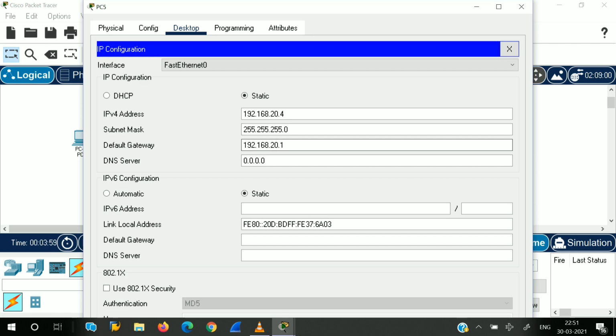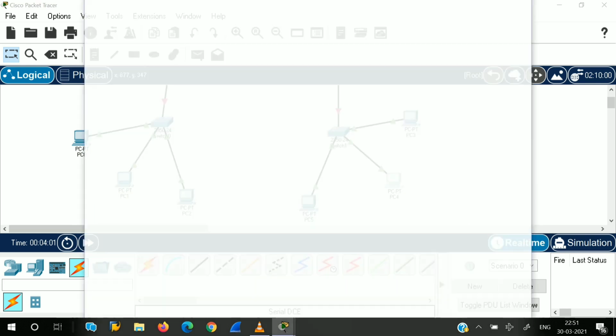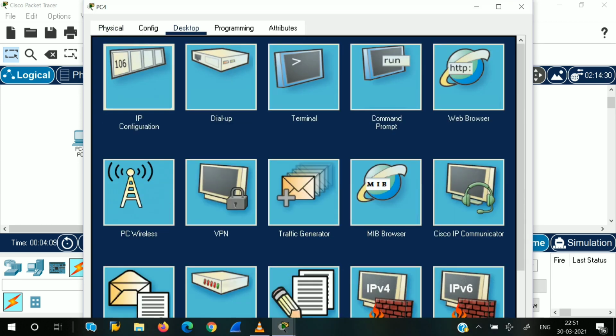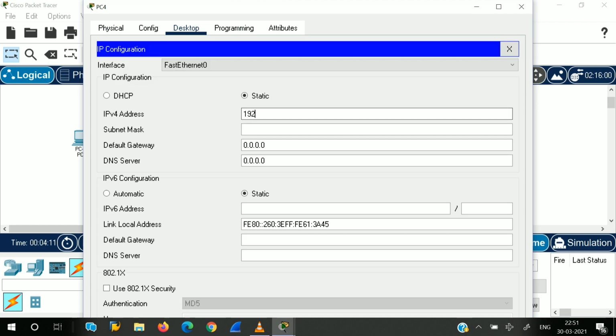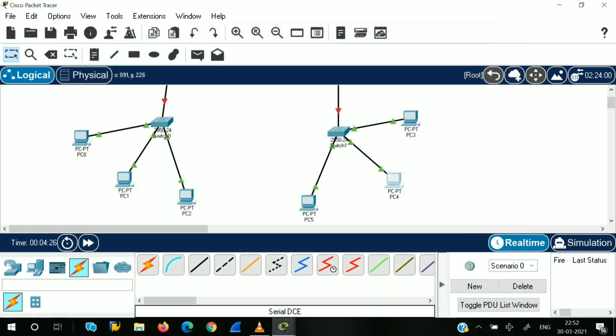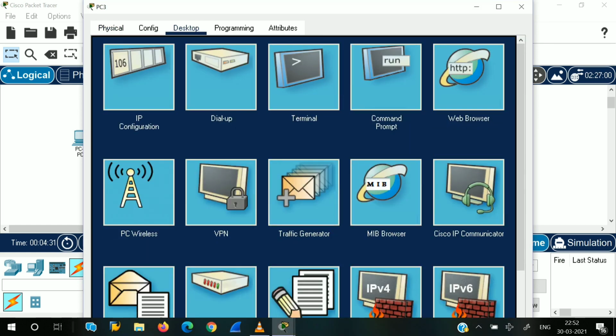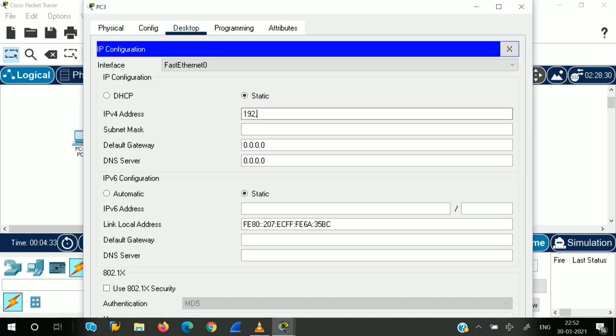And 192.168.20.1 is the default gateway. Now assign IPs for the other side of the network in the same way. Now 10.1 is the default gateway for PC1.